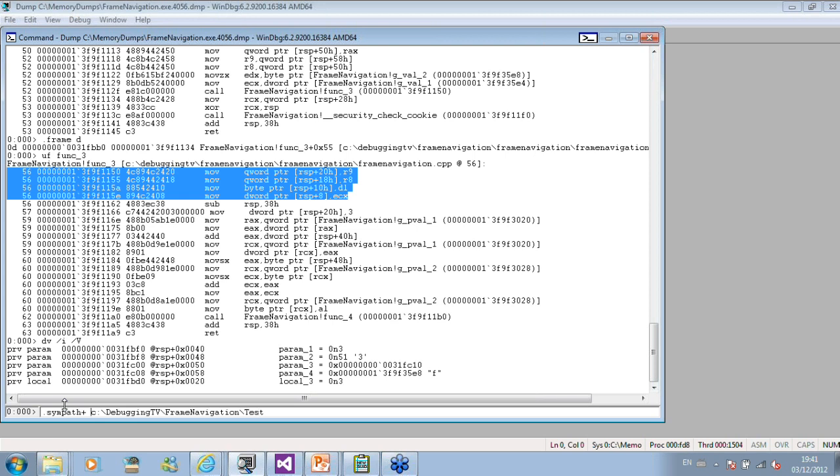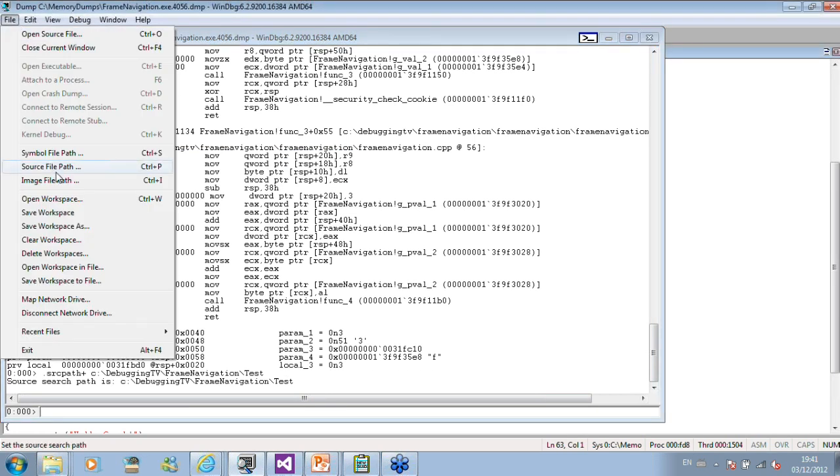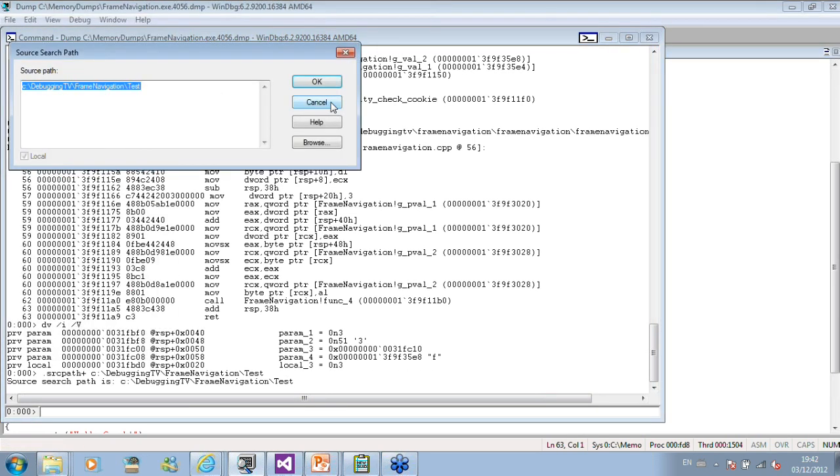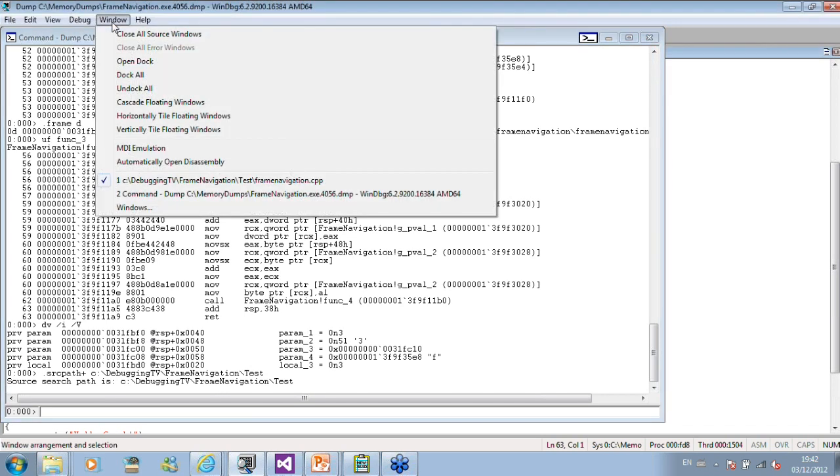In that folder I put source code, so instead of the symbol path I use srcpath, or you can also use the source file path dialog box. So you see something appeared in the background. So what we do, we use dock all,